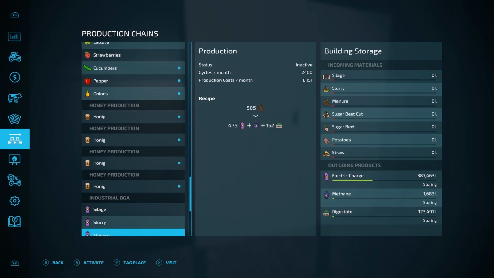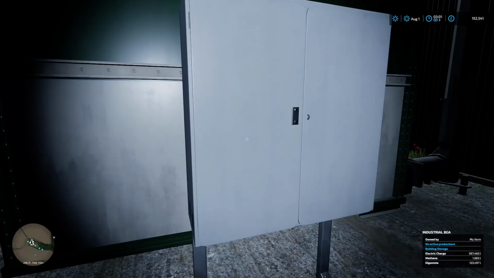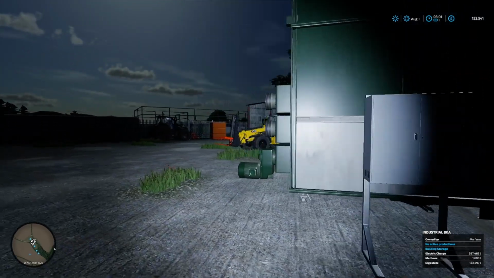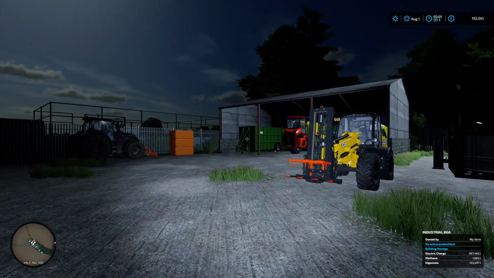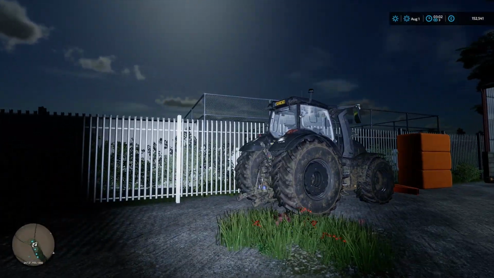So we'll switch that off. So we have 123,000 litres of digestate, and we have 387,000 litres of electrical charge. Now I should have turned that on before 3. Oh well. So what I'm going to do now is I'm going to have 40 winks, because it's now 3 o'clock in the morning,